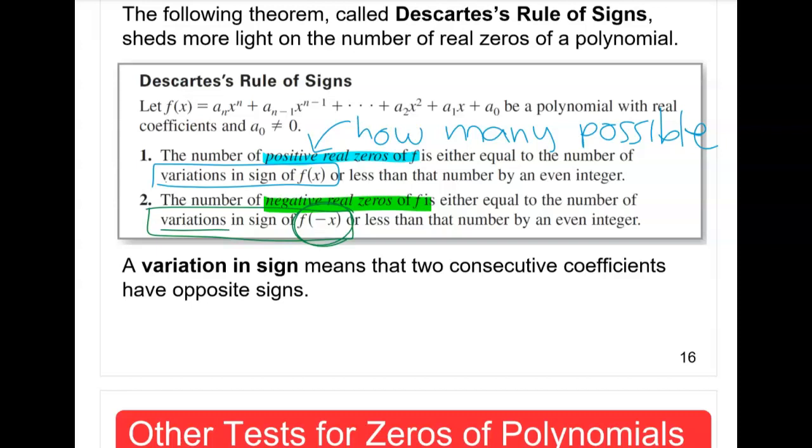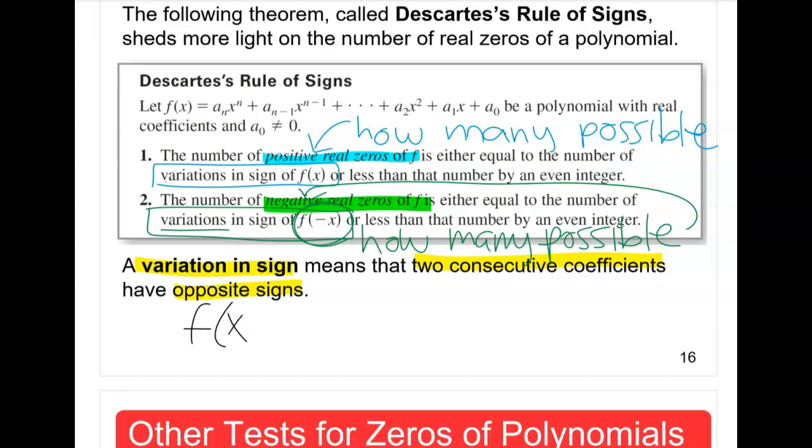And that will tell us how many possible, this is not like a given, how many possible negative real zeros we could have. Okay, so what is a variation in sign? A variation in sign means that two consecutive coefficients have opposite signs, meaning something like,